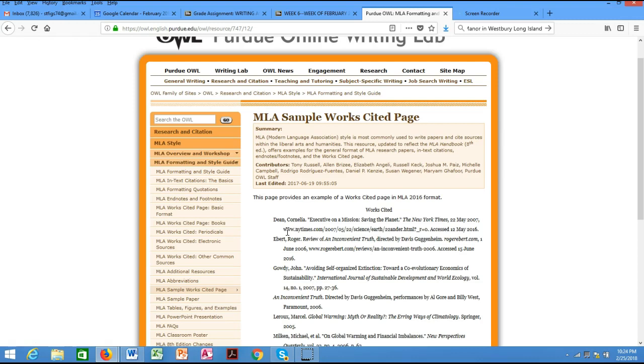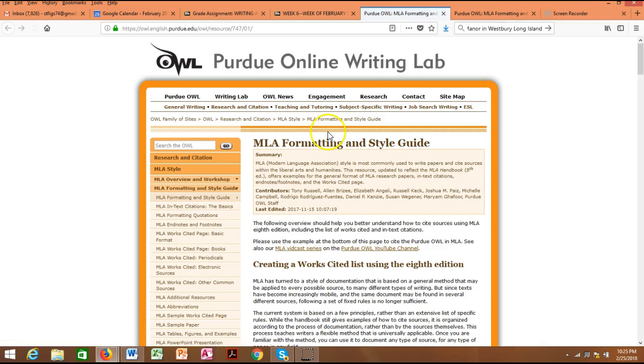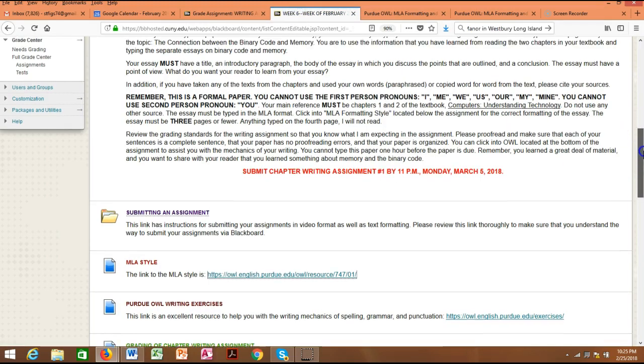And this assignment is not difficult because you already did writing assignment 1A and writing assignment 1B. 1A on binary and 1B on memory. So all you have to do now is really cite your sources and type in the correct format, and put an introduction and a conclusion. That's really all you have to do. All right. So go to this website. The website, as I said to you before, is right here. When I click in, there it is right here. All right. And let's continue with the writing assignment.